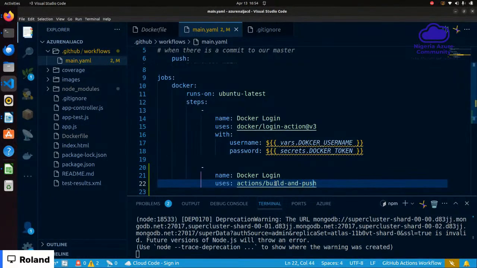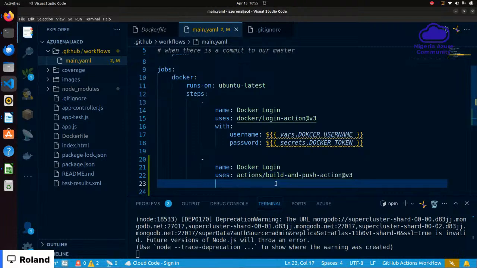Sorry, build push action at v3. Okay, so we want to use this with